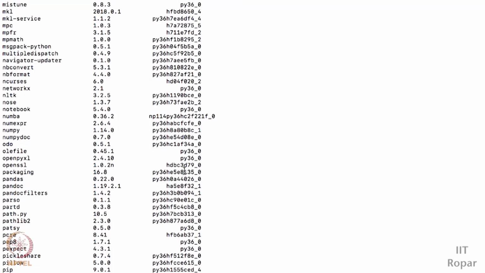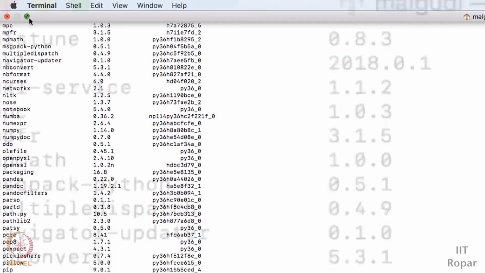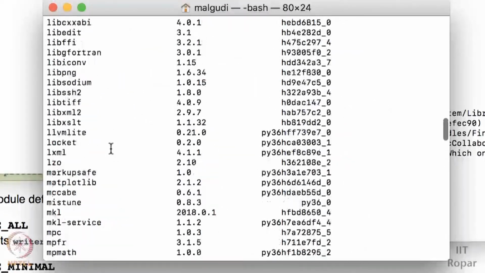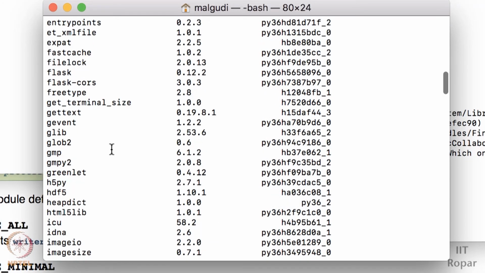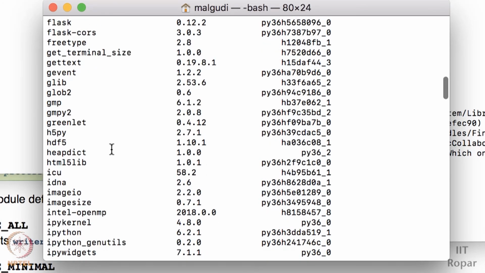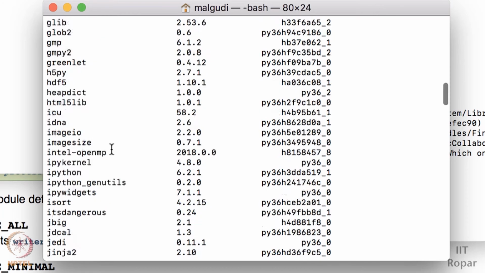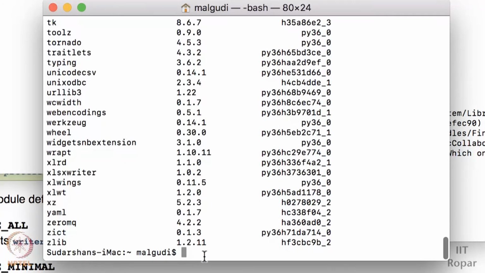So you can see all these libraries which are present in your Conda cloud. You can see that gmplot is not there. So I am going to download it. In order to download anything from Conda, you can search for it through Conda. The command is conda search gmplot.